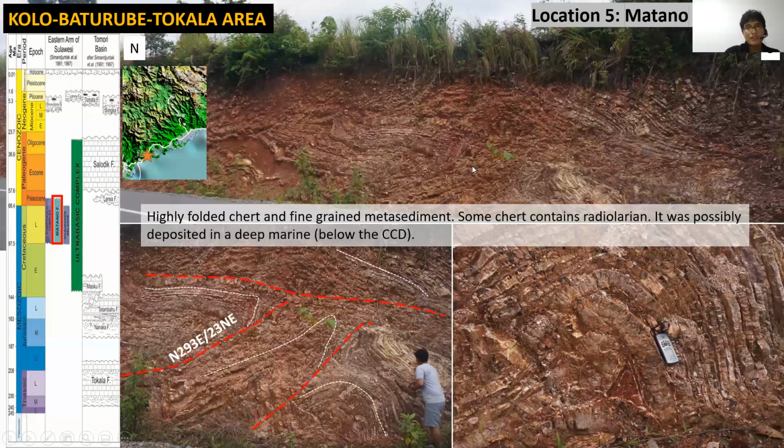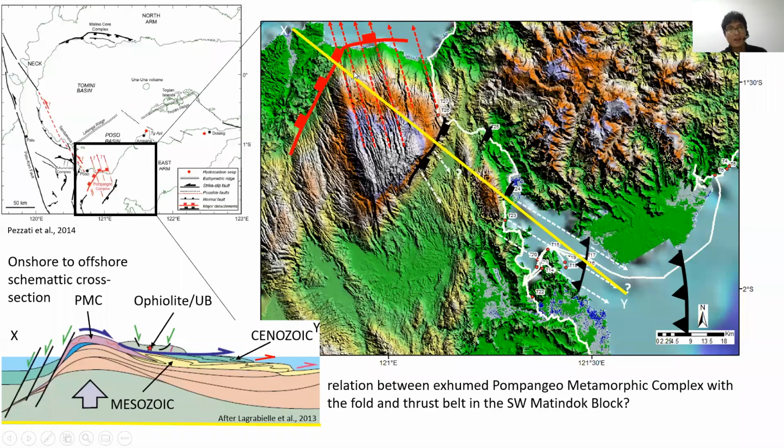So if we can see here, I got evidence of normal faults, but I also got evidence of normal faults in here. So it's basically, this represents the core complex that exhumes. So when the core complex exhumes, the upper part just slides off downwards. So this is the schematic cross section. When the metamorphic core complex forms, the upper part accommodates the vertical movement. So it's kind of a slide off, and when it's sliding off, they could create a thrust fault in front of it, and that's the thing that I can propose